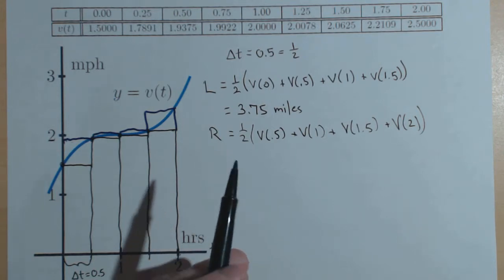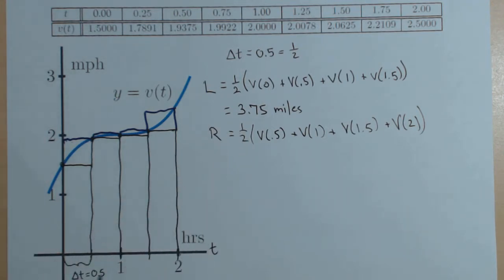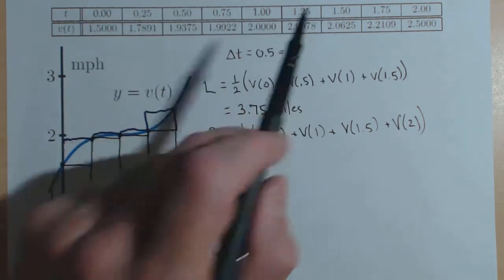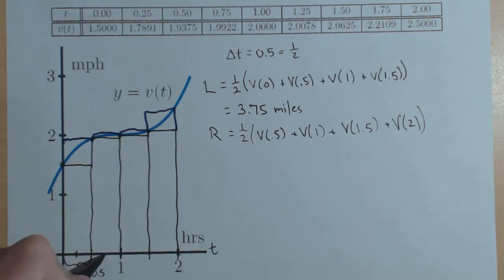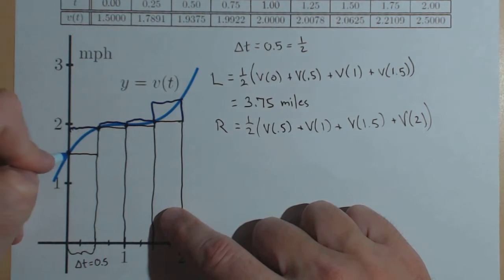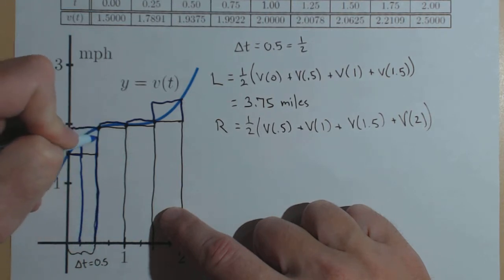Now, how can we get a better estimate than even just estimating between 0 and 2? We can use more rectangles. Notice we have the data to go with a delta t of 0.25. And what you can probably see is if we were to make our rectangles with this new one, and I'm going to do right hand again, but now we're going to use blue,